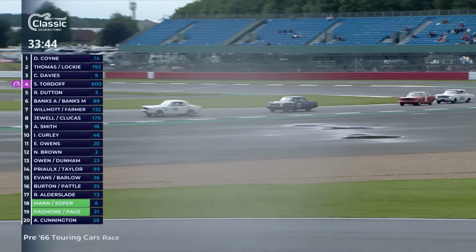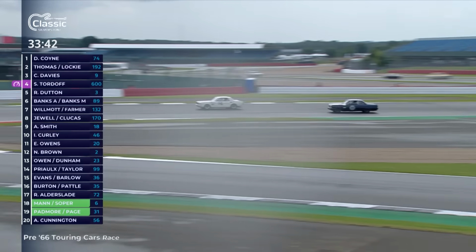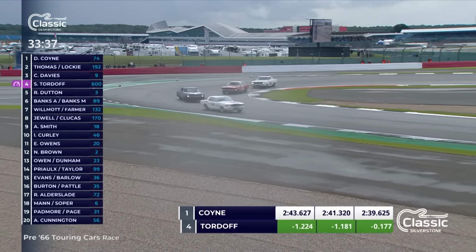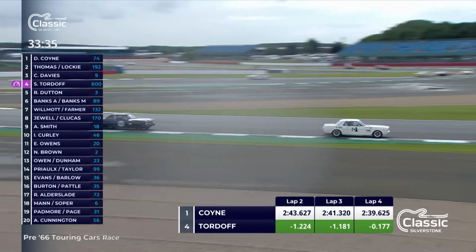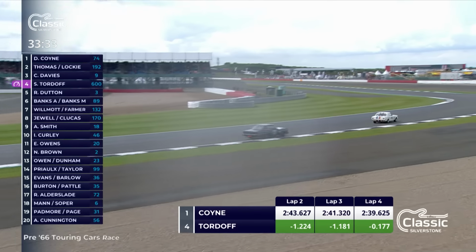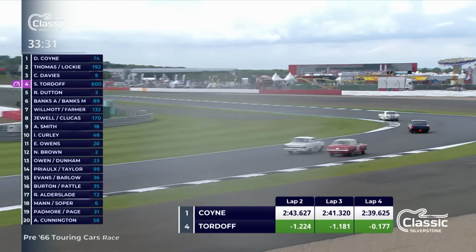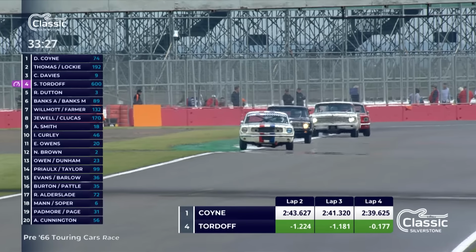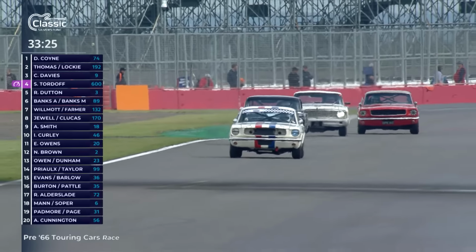Goes wide into Village. Now he'll cut back and try and get a wide line into the loop. Meantime, Julian Thomas is having another go at the leader as they come into the loop. And now you can see Sam Tordoff in the back of the picture there, and he'll come back into shot. He's got the inside line for Aintree. A lovely move there. That started at Village, and he gradually made his way up alongside Craig Davis and got